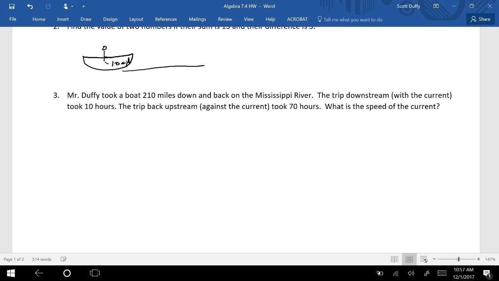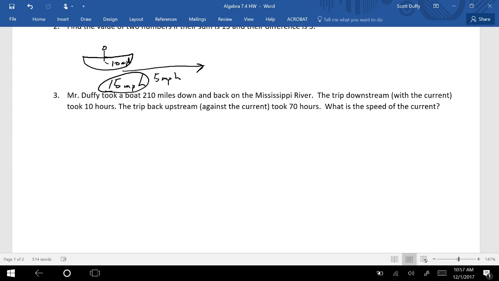I'm paddling hard, and the stream has a rate of 5 miles per hour, or the current is 5 miles per hour. How fast am I actually going compared to someone who is standing on land? Well, you add them if I'm going with the current. So altogether, I would be going 15 miles per hour,